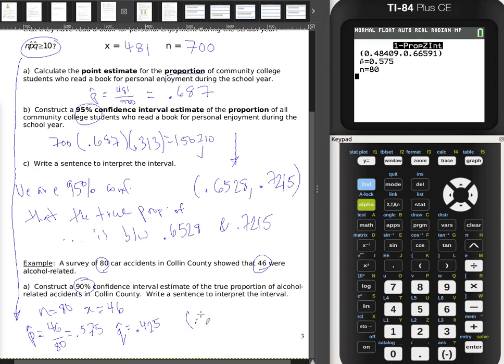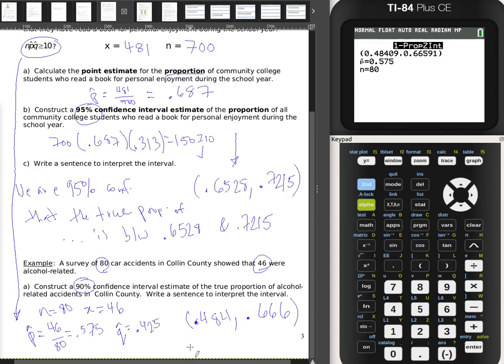Our interval is 0.484. I will just round it to 3 decimal places, up until 0.666. It rounds to 0.666. I hope you're not superstitious. But anyways,